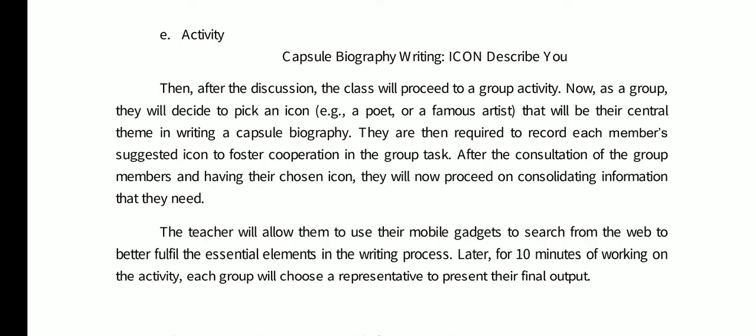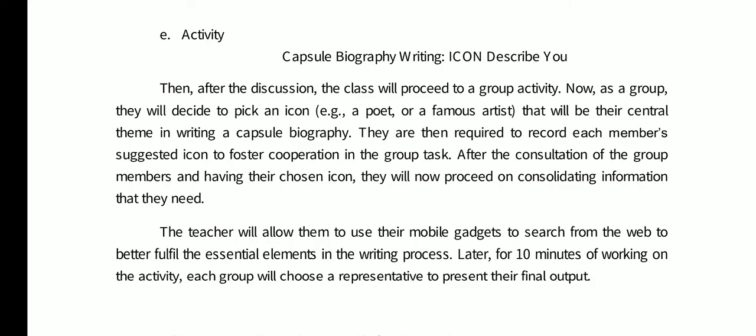Part of the process is brainstorming who is the particular icon that they want, and the students are also required to record the suggestions of each member